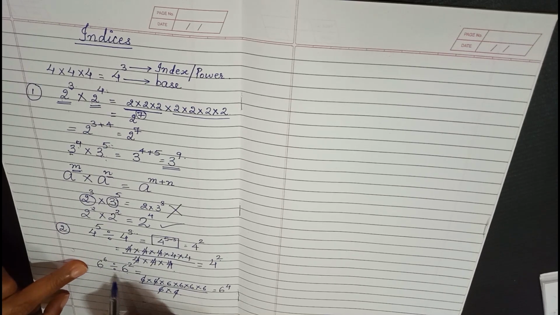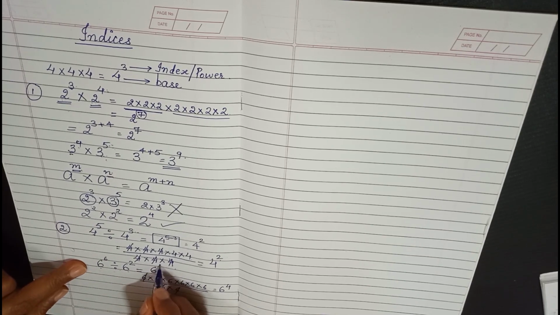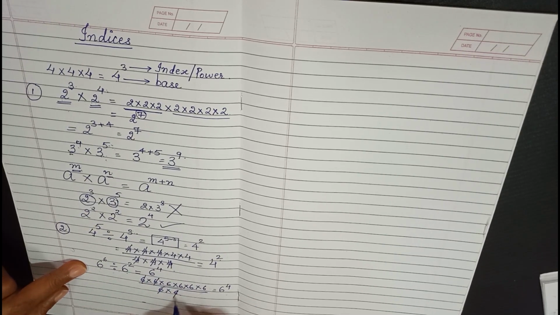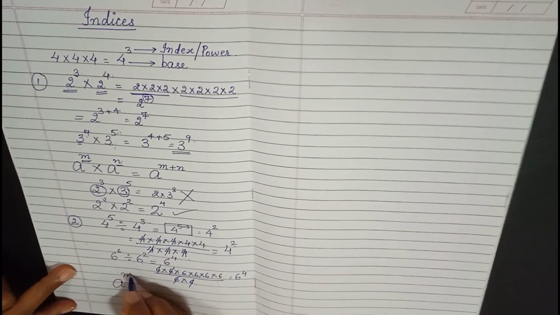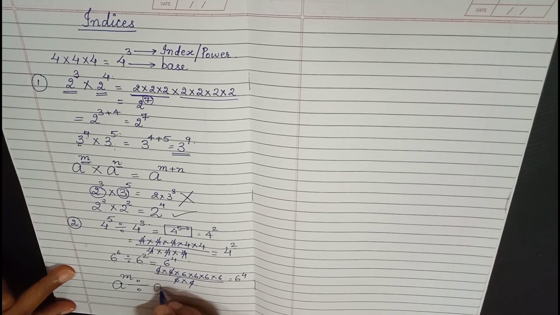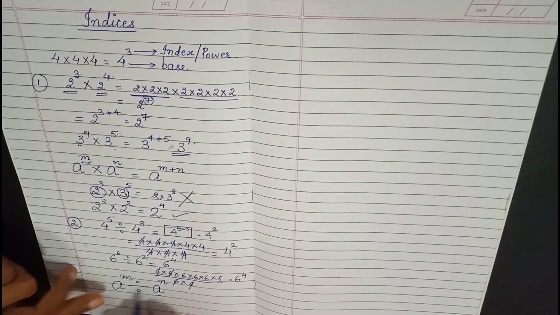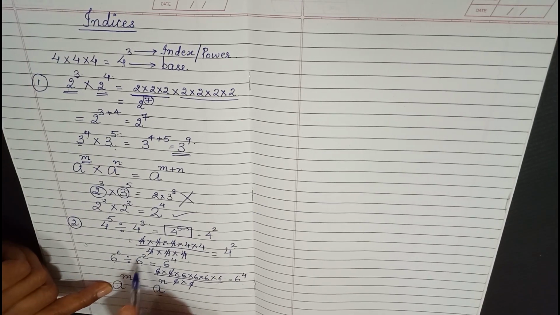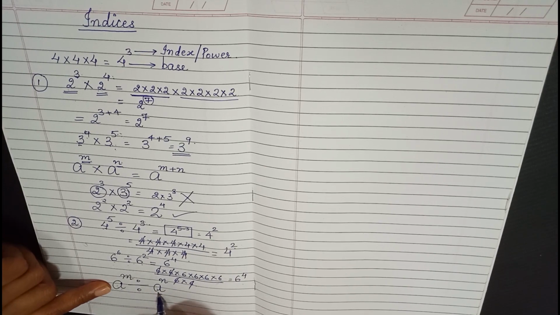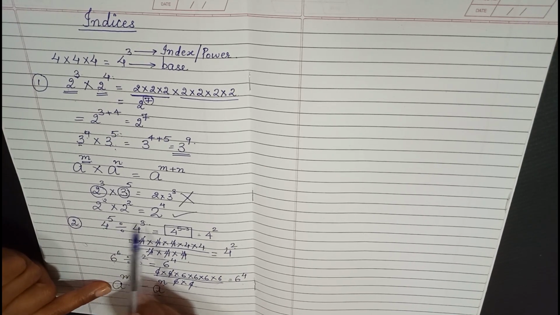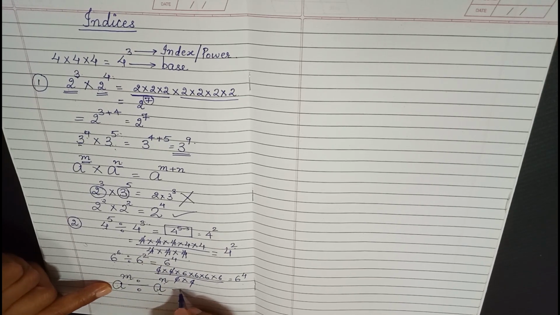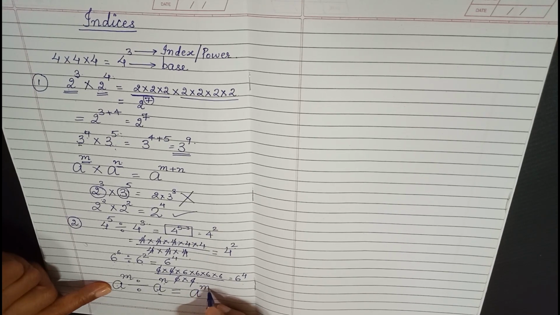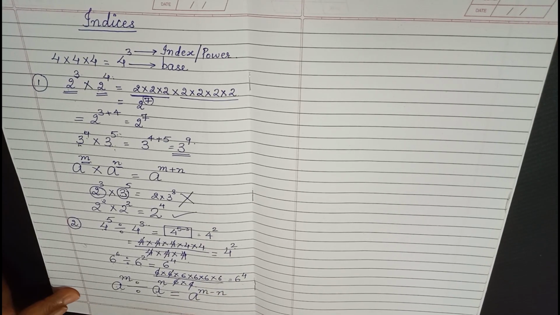So you can see again I can get the answer without doing such a hectic or long step. Directly I can get 6 minus 2, 4, which is the answer I got after doing all these steps, right? So from here the formula we get is a raised to m divided by a raised to n. Again you can see why I am using the same variable a, because the base has to be the same. Index can be different, as you can see 5 and 3, 6 and 2. That is why I am using m and n, two different indices. Then the formula that we get is a raised to m minus n, right?